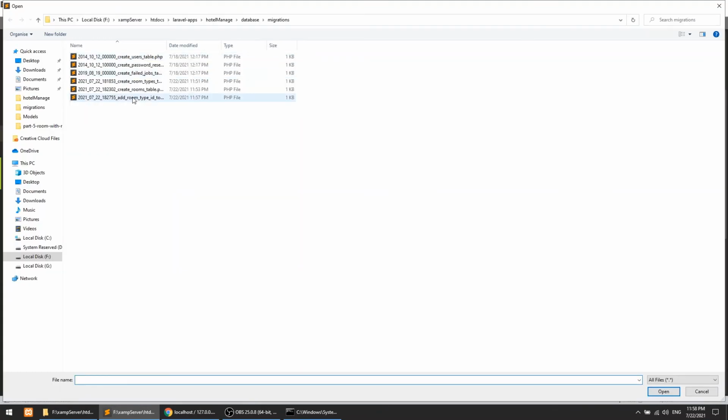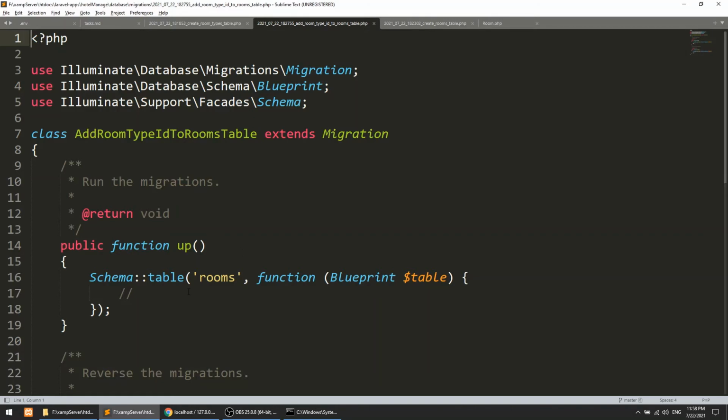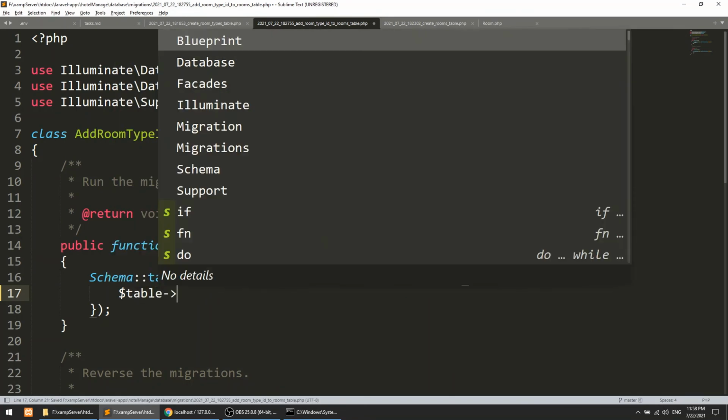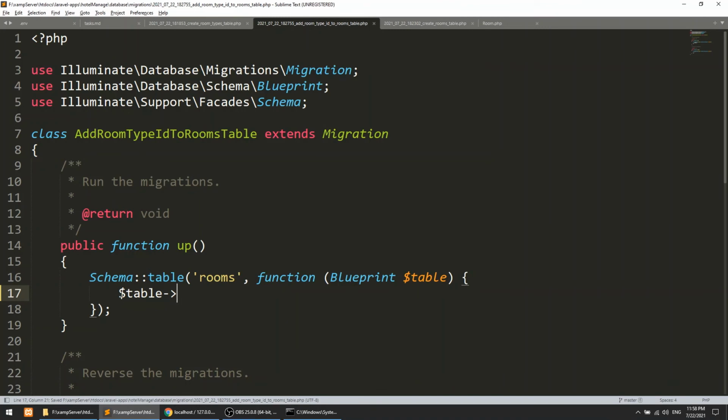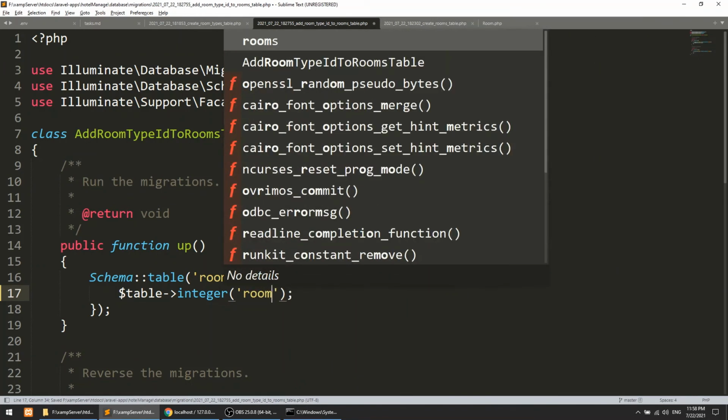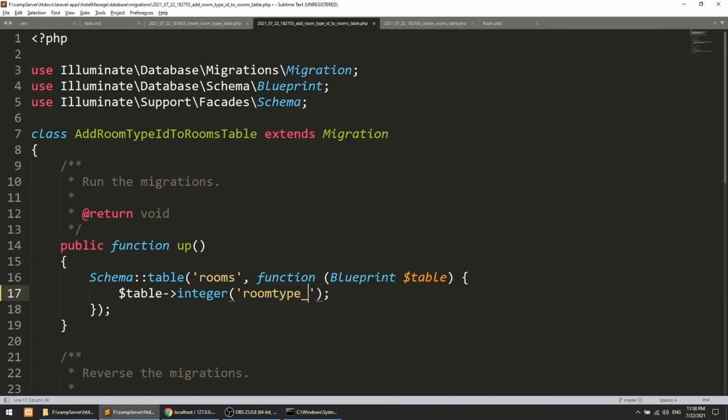Here we will add $table, then integer, and in this we will add the room type ID.